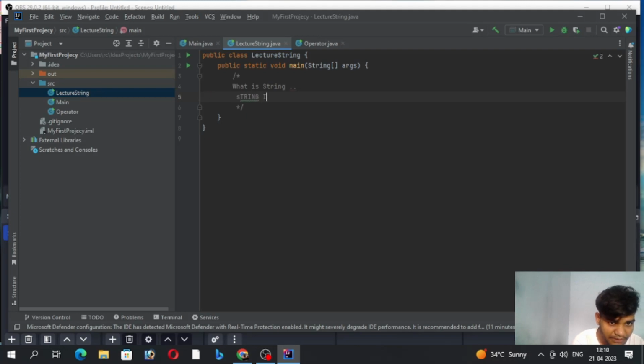String is a sequence of characters, sequence of characters. String is a sequence of characters,